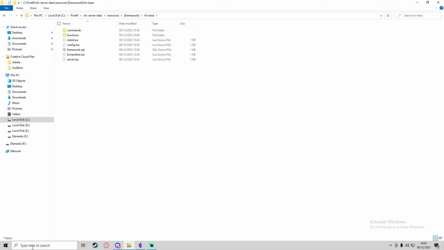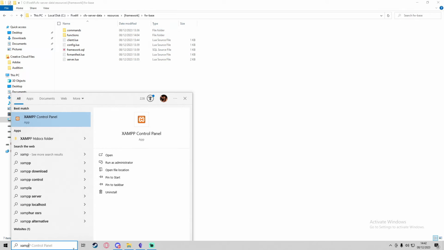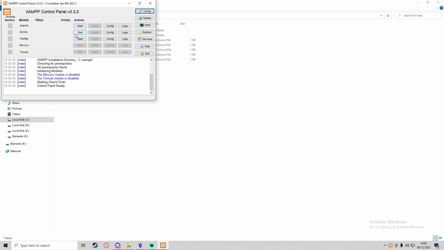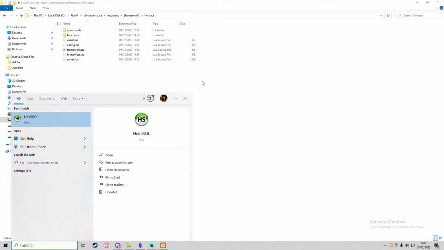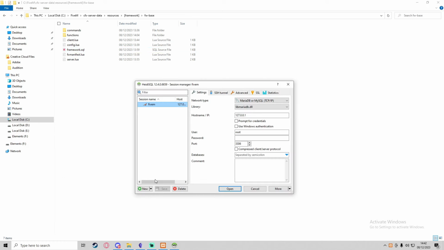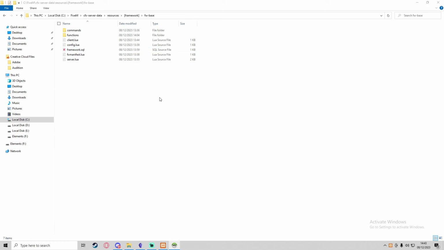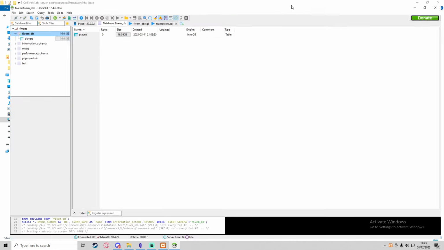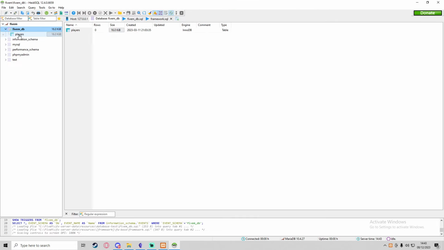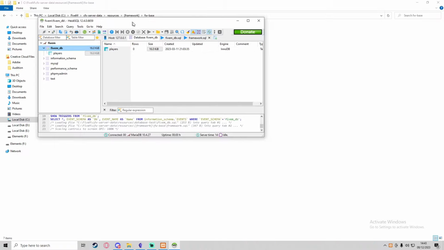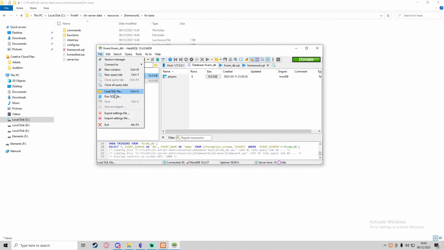Next, we're going to open up the XAMPP control panel and start the MySQL port, just so we can access our database. Then we're going to boot up HeidiSQL and open our session. As you can see here from our previous tutorial where we did the database test, we've got FiveM_DB, but we're actually going to be using framework. So what we want to do is File, Load SQL file,